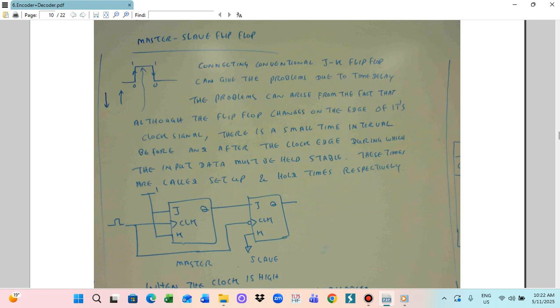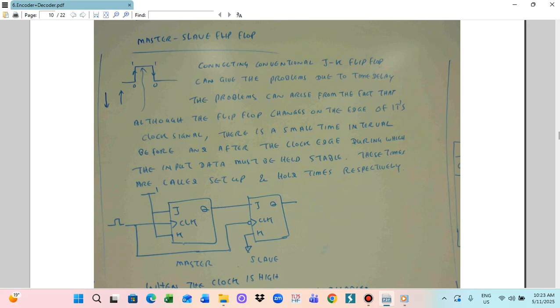There are two kinds of signal states. When the clock signal is high, the master is enabled and the slave is disabled, because this one is inverted. So the slave is disabled, the master enabled. The master output will be set according to the data present at the master input. This means the output depends on the master input signal. And the slave flip-flop remains